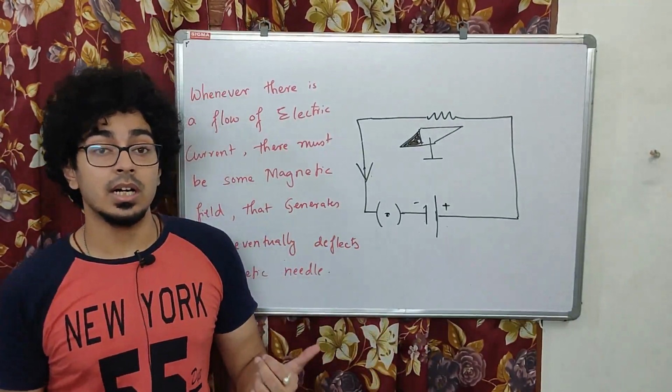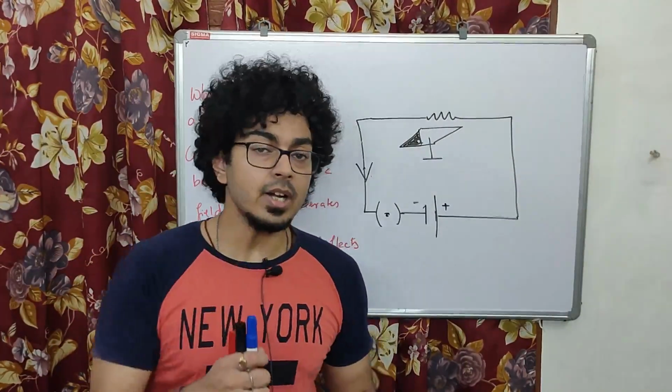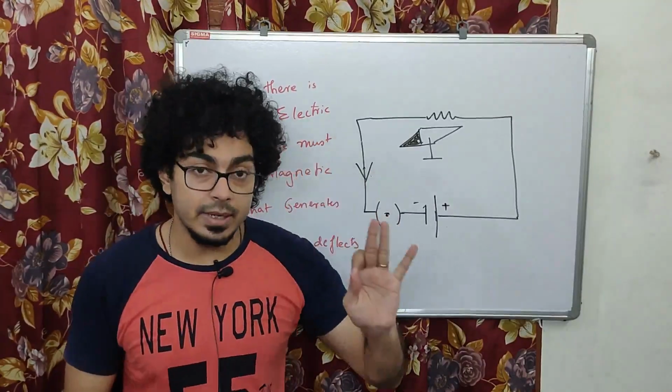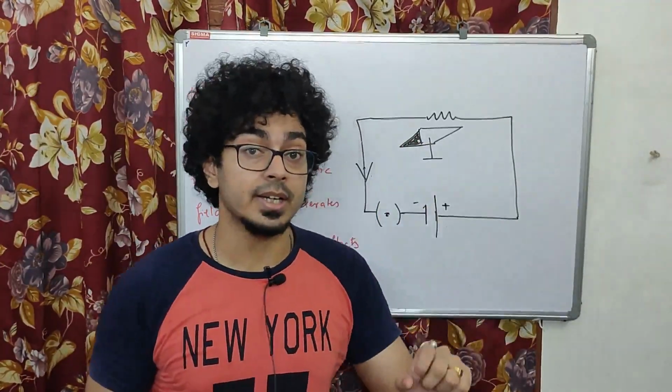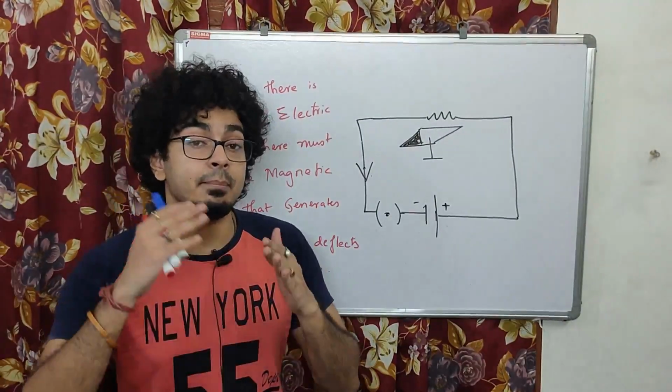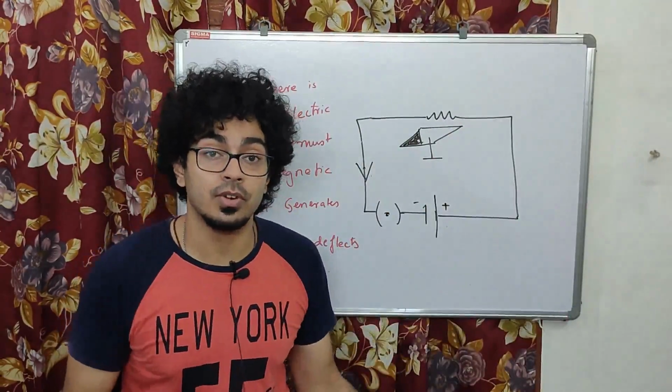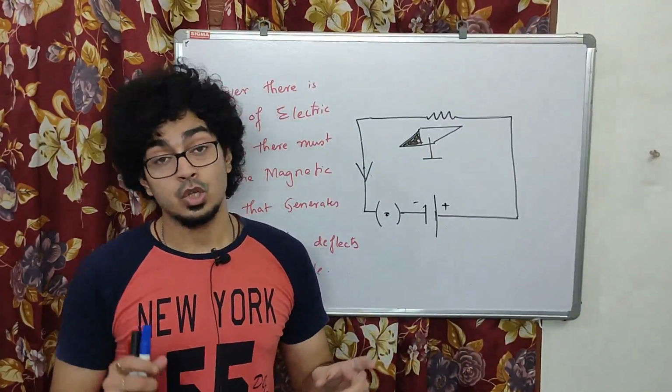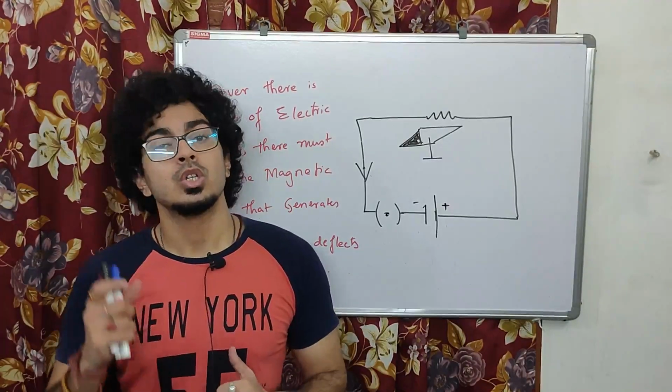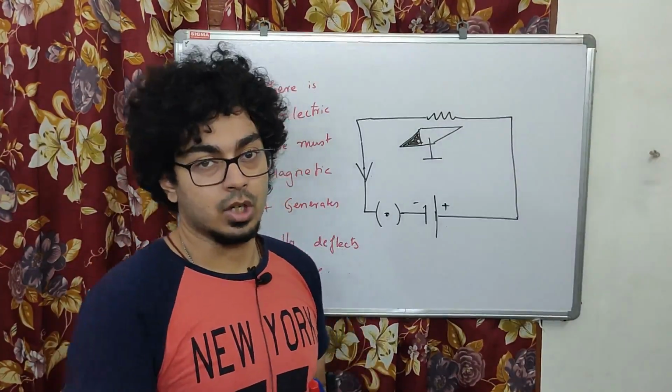Next we are going to learn what the Biot-Savart law is. The Biot-Savart law gives the mathematical expression by which we can calculate the magnetic field due to a given magnitude of current and in what direction. So the Biot-Savart law becomes very useful. So come, let us see what the Biot-Savart law is.